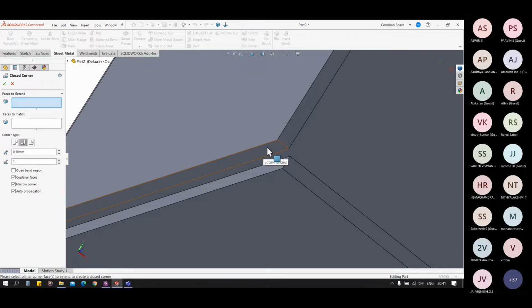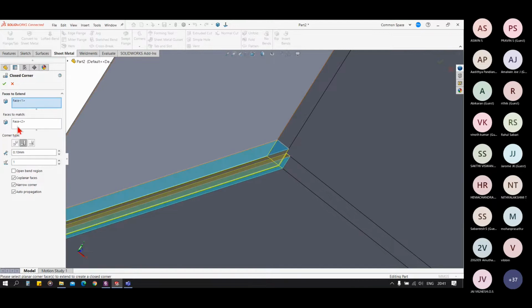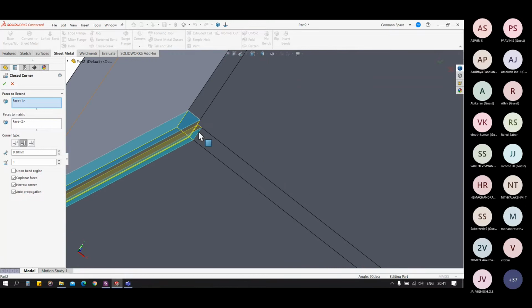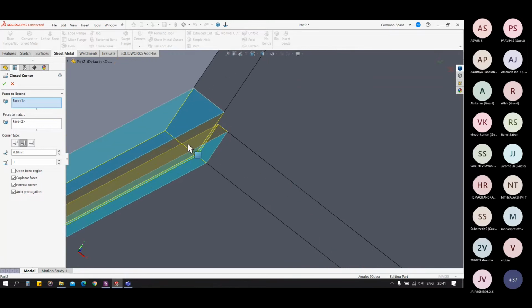Suppose I want this face up to this line, so I'll select the faces to extend, and you can see it has created an extended face, and we can have the gap control, can increase or decrease the gap like this.